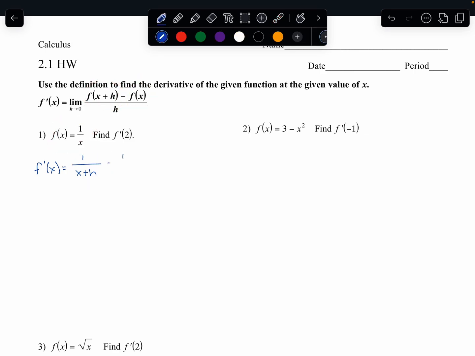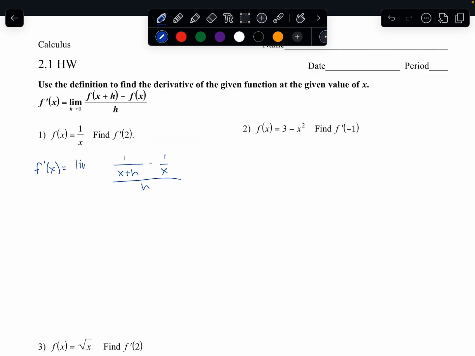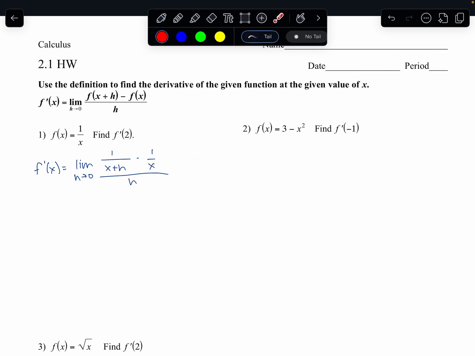So minus 1 over x, all over h, and I'm such a noob. I didn't write the limit. What's a derivative without a limit, am I right? So there we go. Okay, so the limit as h approaches 0 of this expression right here will give me the